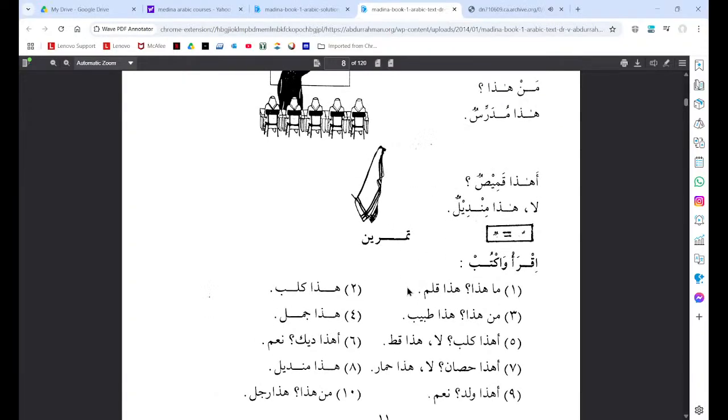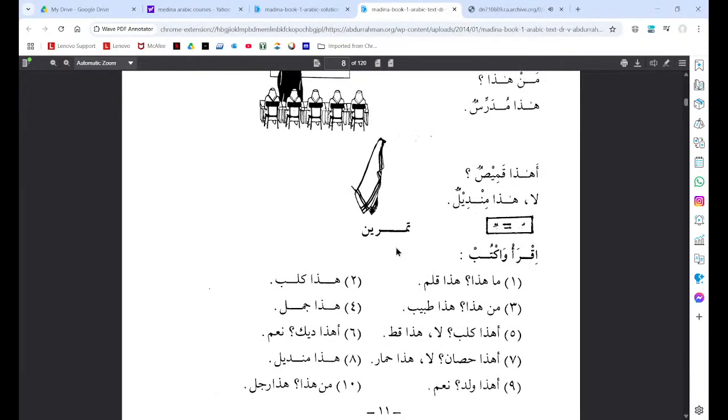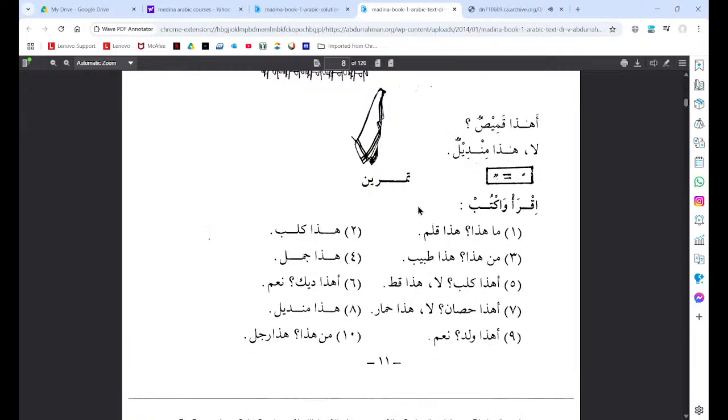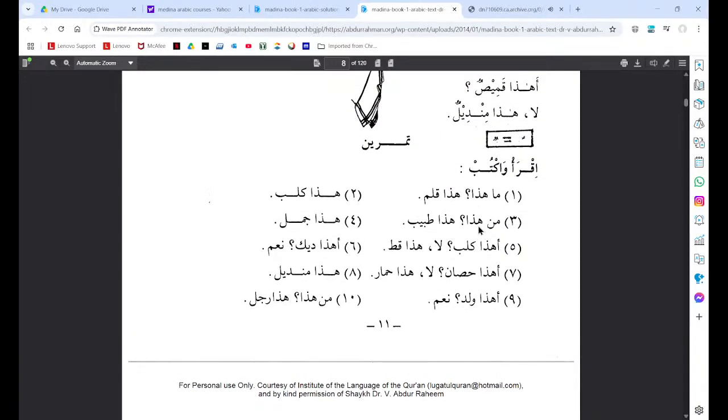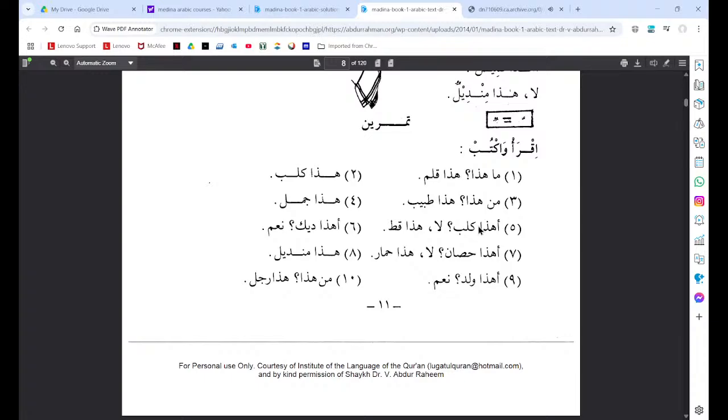التمرين again now. This is the second, I believe, reading and writing exercise. اقرأ واكتب, read and write. So we want to read this and write it out. I have this written out in my notebook. I'll have to find a way, inshallah, to make a PDF of my work and post it here so that you know that I've done it as well. But do yourself a favor. Do not skip this exercise.